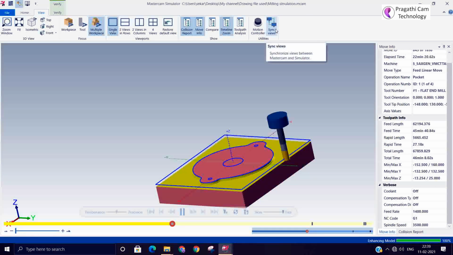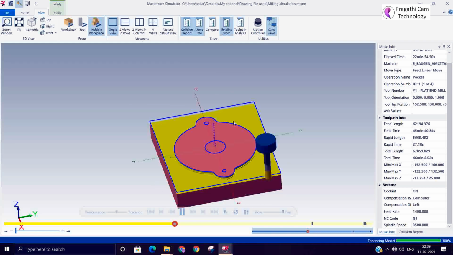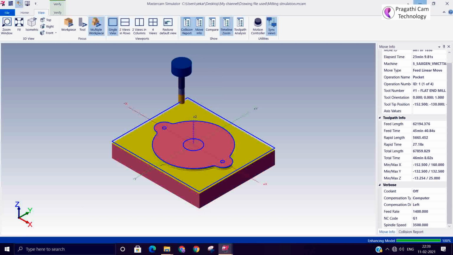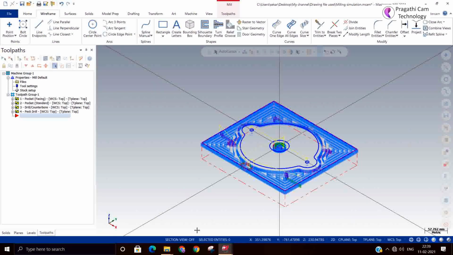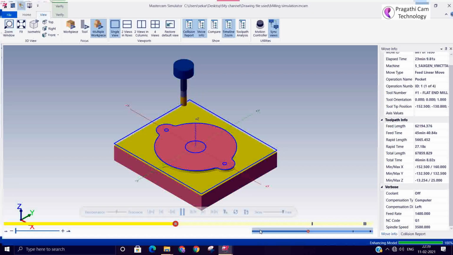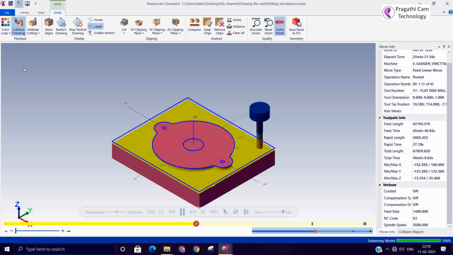Suppose you want to disable it on two monitors, that synchronization option you can use. So you can see here both the windows are there, the Mastercam window and the simulation window. Suppose two monitors are there, then on one you will see Mastercam, and on the other you can see the simulation.